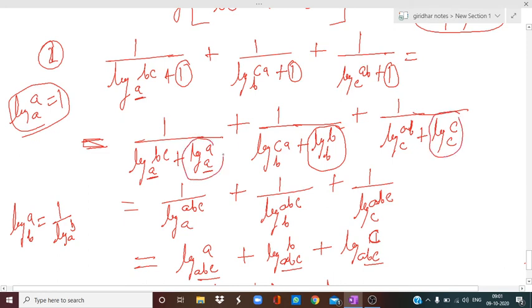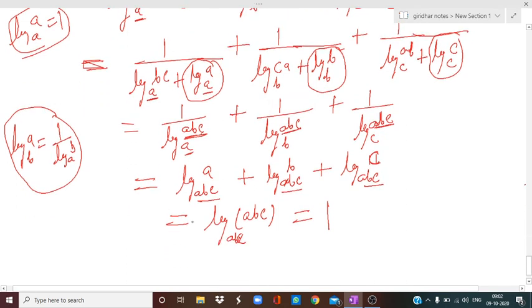Fine. And then we have used the property log m plus log n, where log m plus log n is log m into n. So multiplied abc and base is same a. Similarly here abc, here abc. Then we have used the base change rule, this one, and then number and base get flipped. So a with base abc, b with base abc, c with base abc. And then log m plus log n plus log p. Again we have used the property log m into n into p, you know, this is log m plus log n